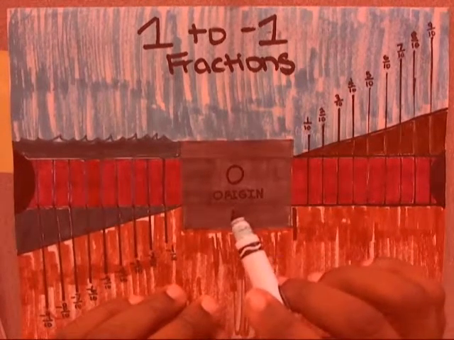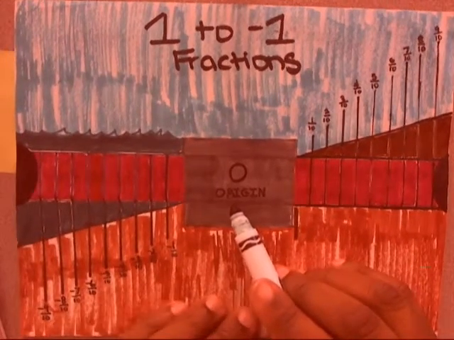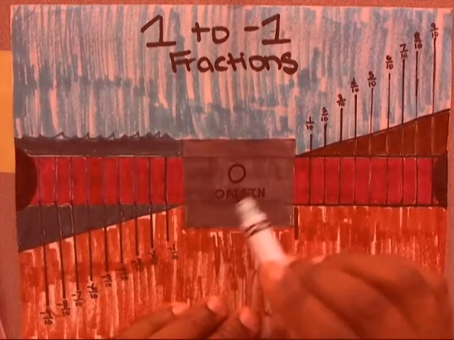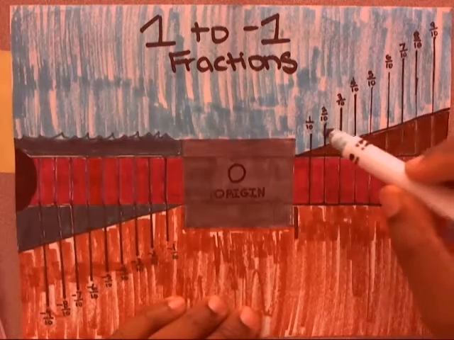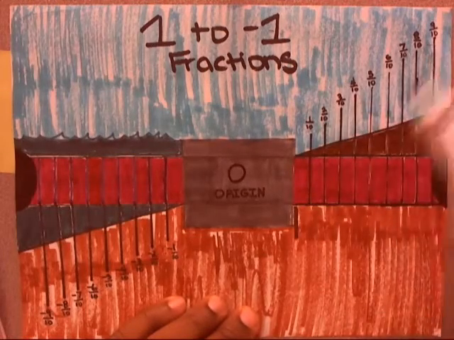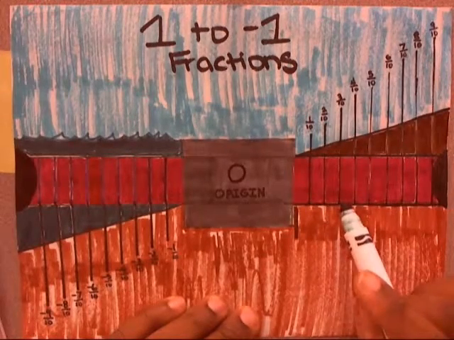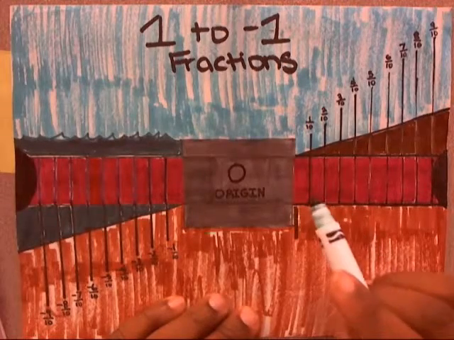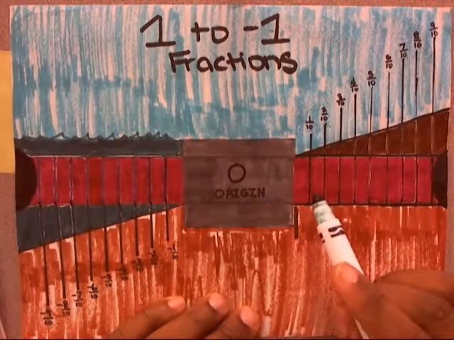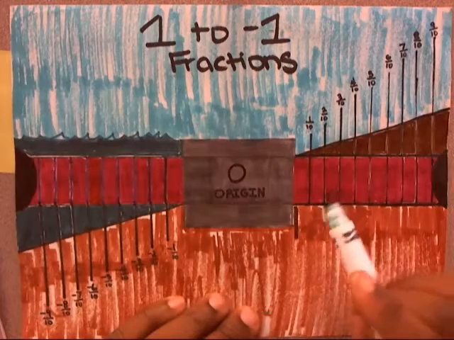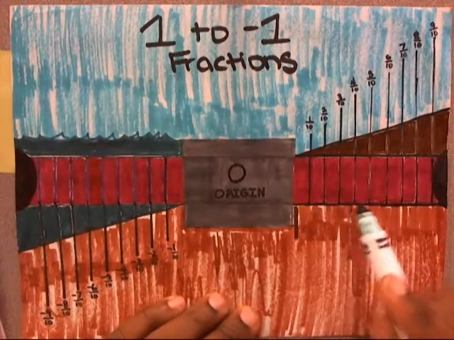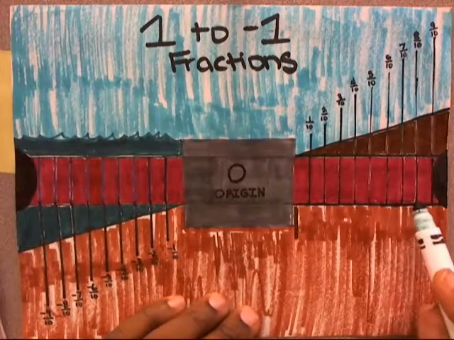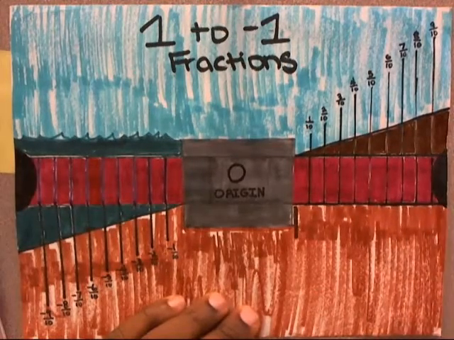You know, understand that this is the origin, and you should write that into your sheet. You should also have these lines. You know that each one represents a value, okay, and it's less than 1. So this is 1, 2, 3, 4, 5, 6, 7, 8, and 9. Okay, so